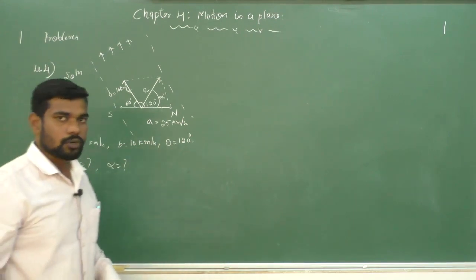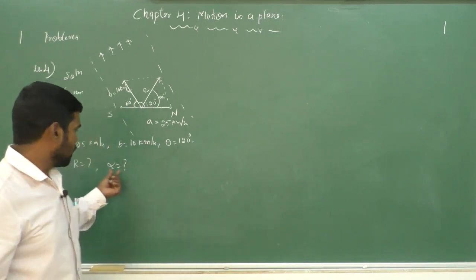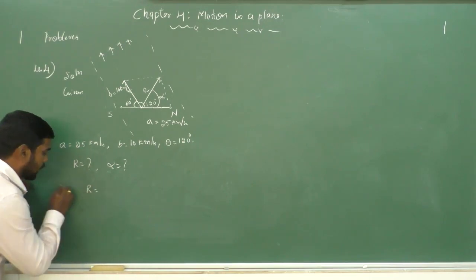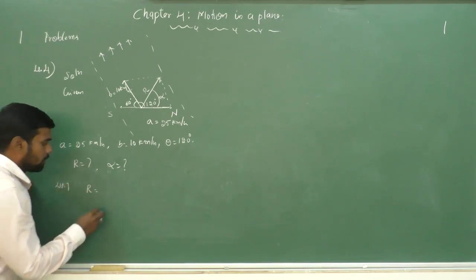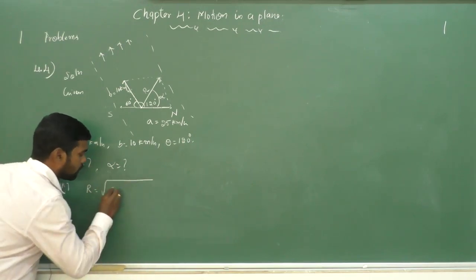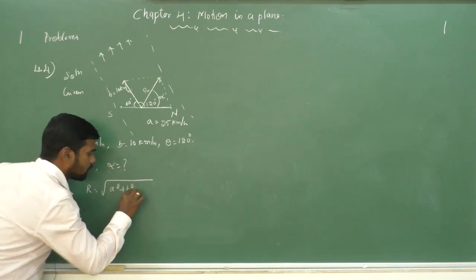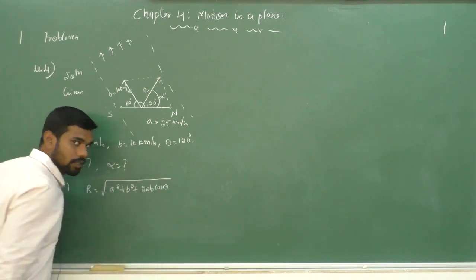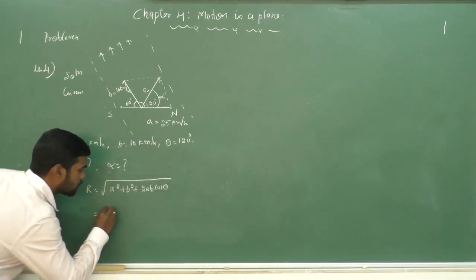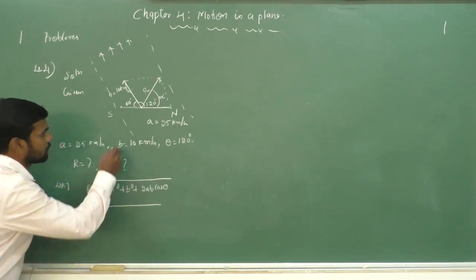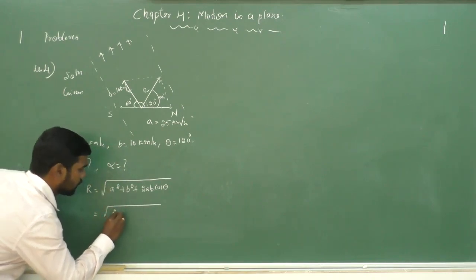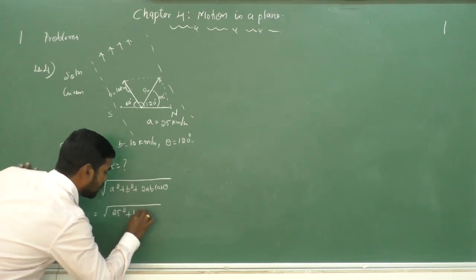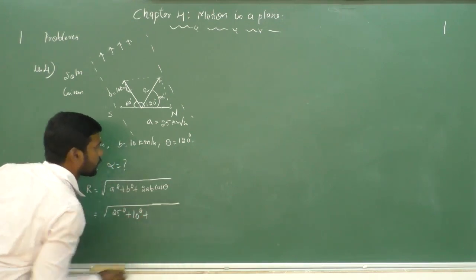For that, I am going to use the equation for resultant. We know that R is equal to square root of A square plus B square plus 2AB cos theta. This is the equation we know. So substitute all values in this equation. A square is 25 square, plus B square, which is 10 square, plus